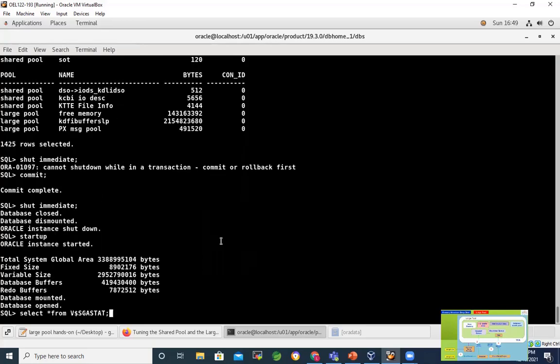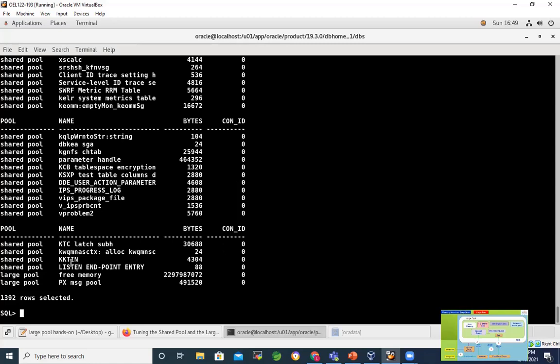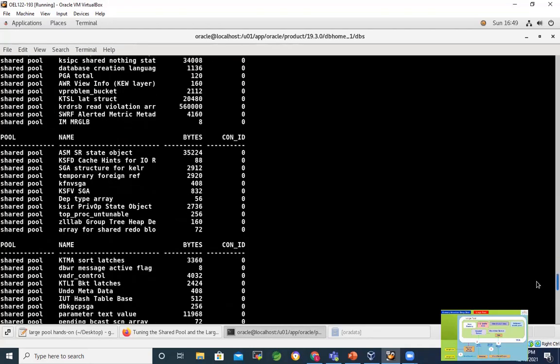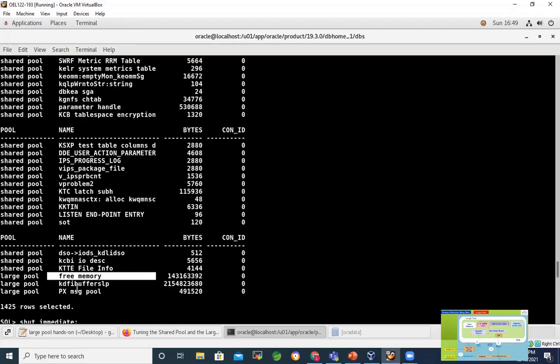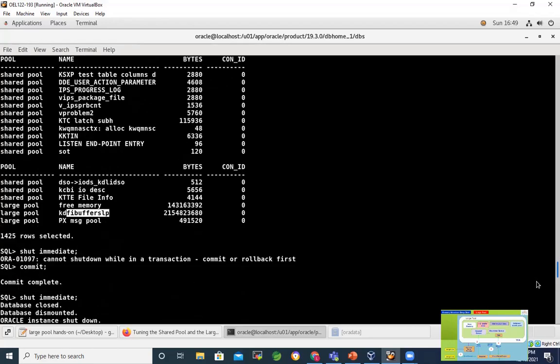Fine, let's run the query again. So now you can see free memory, because I have defined the large pool. Earlier the output was 143.